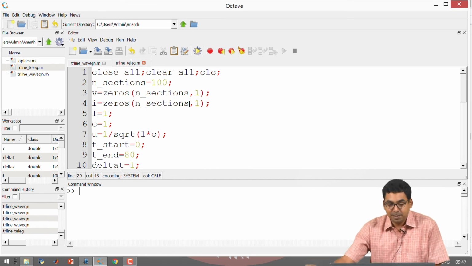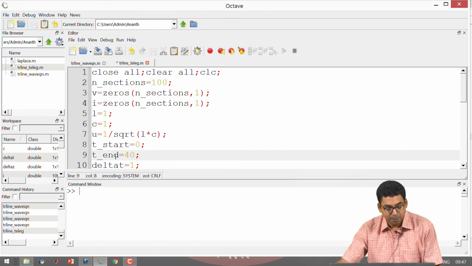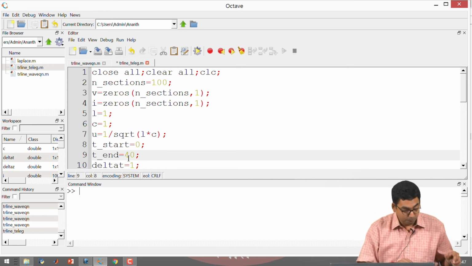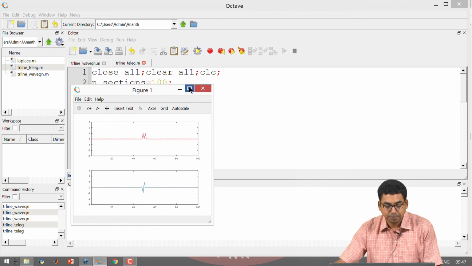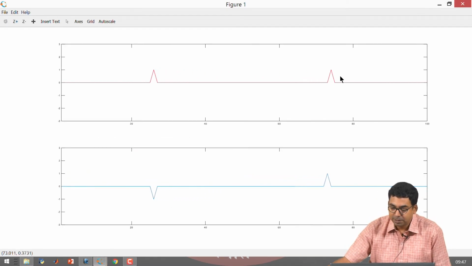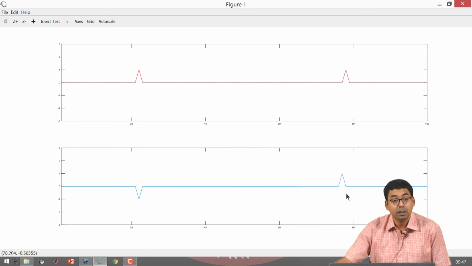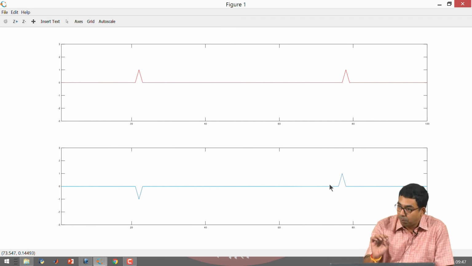Okay. So let's see what happens when I do a few things and then decide how to carry on the theory. All right. So I'm going to start with the ending time of the simulation to be 40 seconds, right, or 40 units, or even 30 units. So I'm going to start. So the red color on the top represents voltage and the blue color represents the current at the bottom. This information was not present to you in the wave equation case. Now you are watching current and voltage in the transmission line.